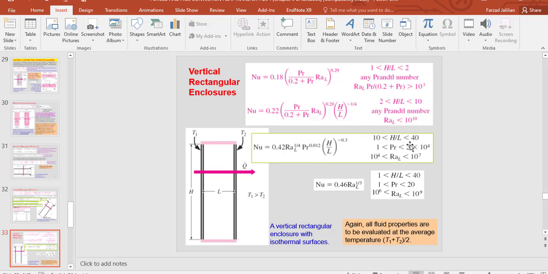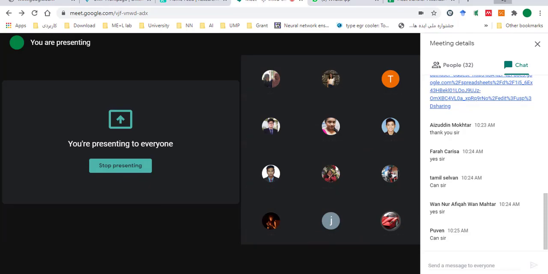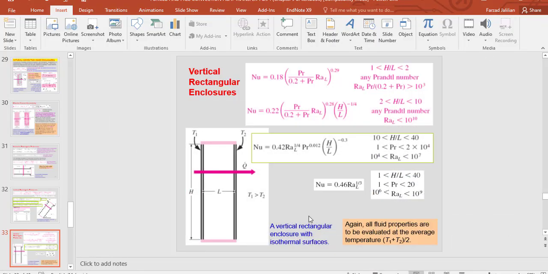And for other geometries, when the aspect ratio is between 10 and 40 and the Prandtl number is between 1 and 2 times 10 to the power 4, and also the Rayleigh number is between 10 to the power 4 and 10 to the power 7, we can use this equation to find the Nusselt number. So you can see for the vertical rectangular enclosure, we have this equation to find the Nusselt number, which is also